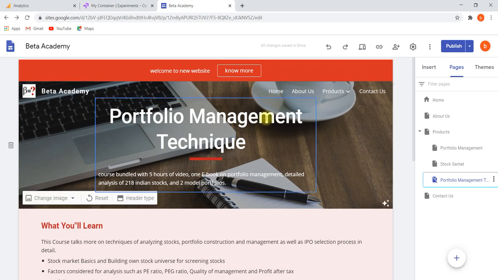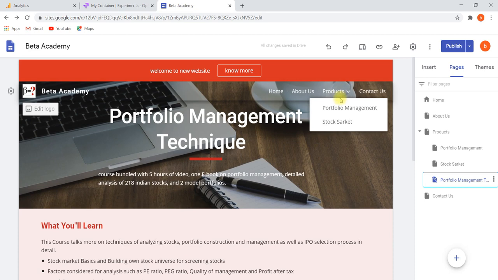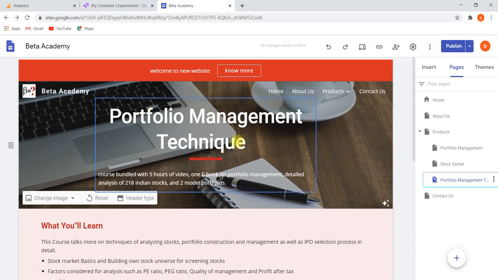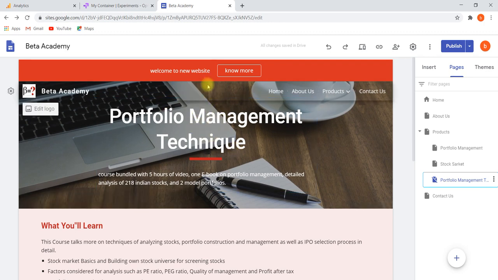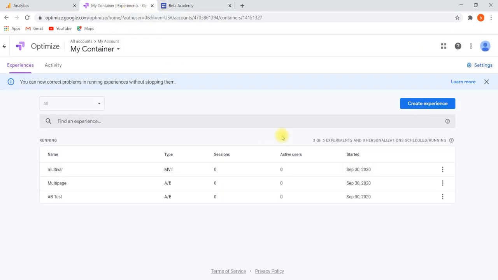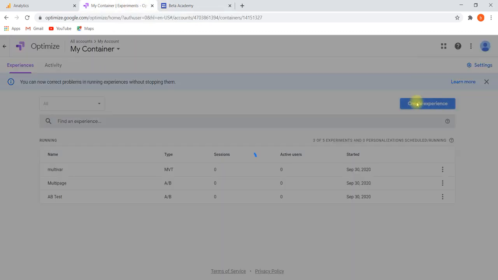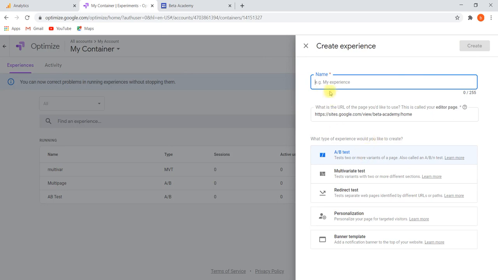So two pages you have for product management itself, but one is product management, one is product management technique, and you would like to know which page many of them are visiting. To create that, we have to go to create experiment, we'll say redirect.